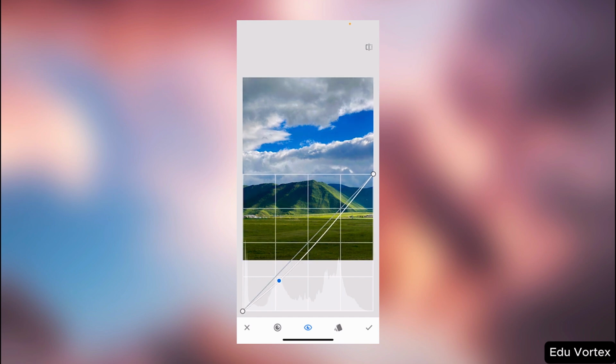Ideally, an S-shaped curve works the best. All it does is add more contrast to the image. You can look at the before and after. The difference is crazy and immediately noticeable. You can also adjust the midpoint like this. Click to add a point